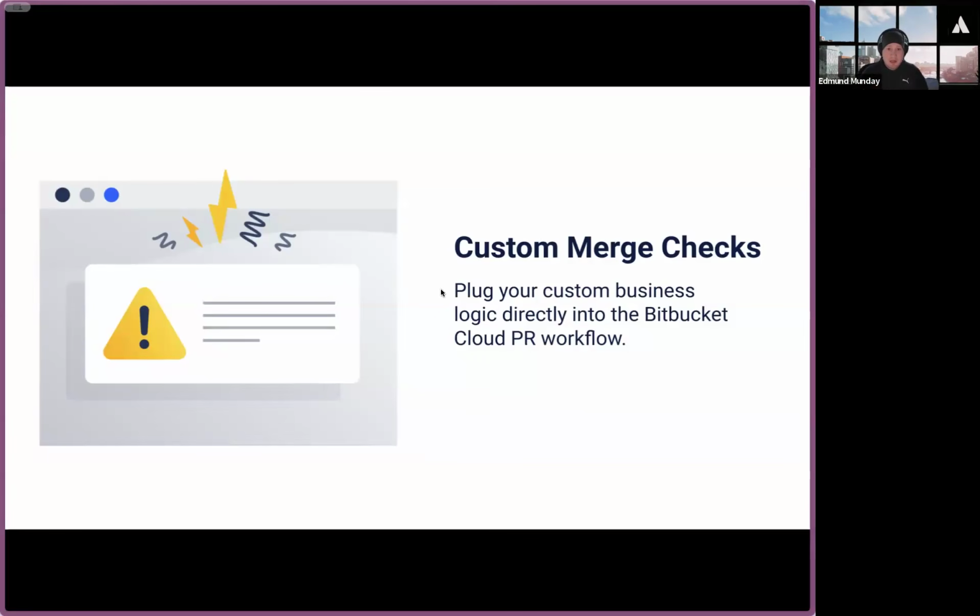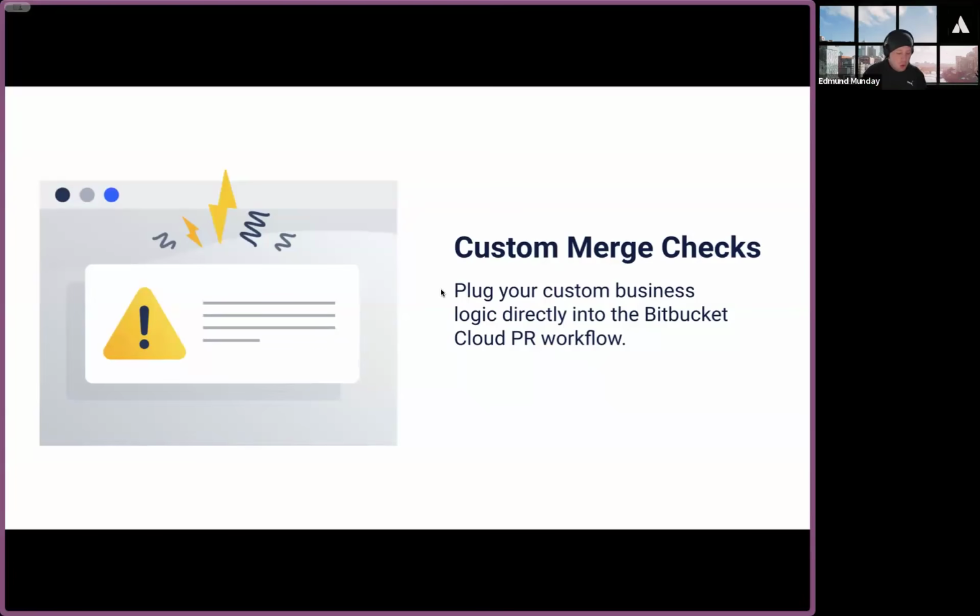Custom merge checks is the idea of allowing you to write your own business-specific merge checks that allow you to implement rules that are catered to your business's requirements, not a generic rule that caters to everyone's. They're very simple to write, and they are implemented as part of the pull request workflow. They show up in the UI as if they were a native merge check. So the experience for your developers doing the PRs is as if it was built by us, but underneath, they're a Forge app that you've built and deployed into your instance. You can use these to implement literally infinitely comprehensive rules that your business can require,